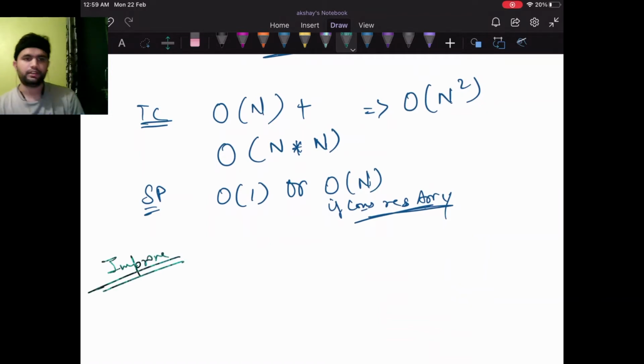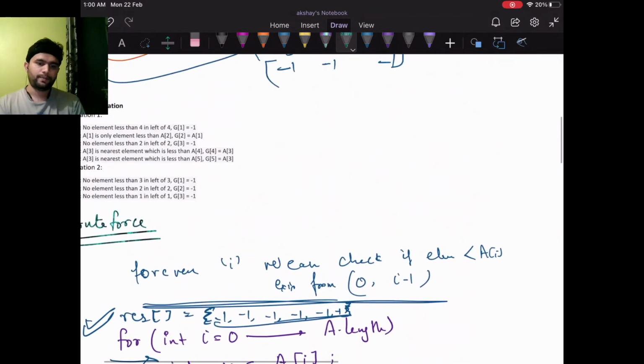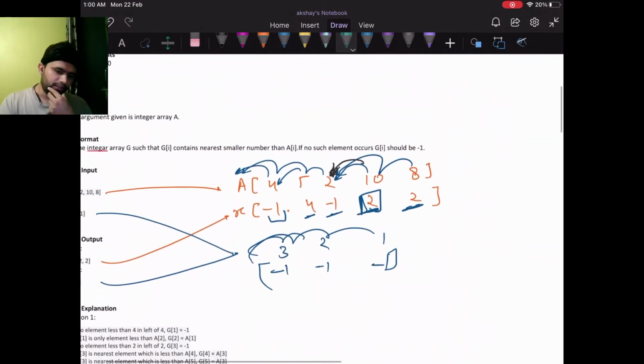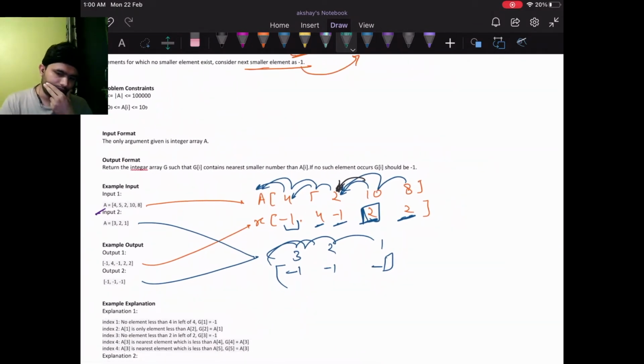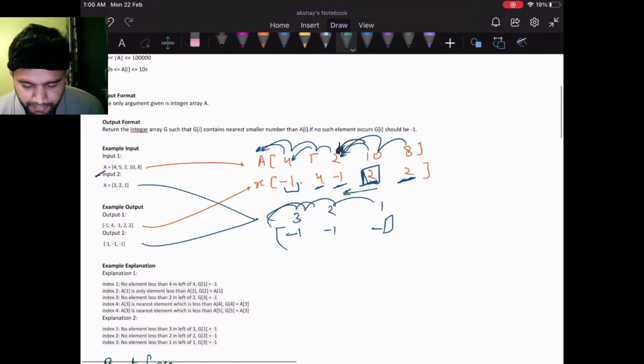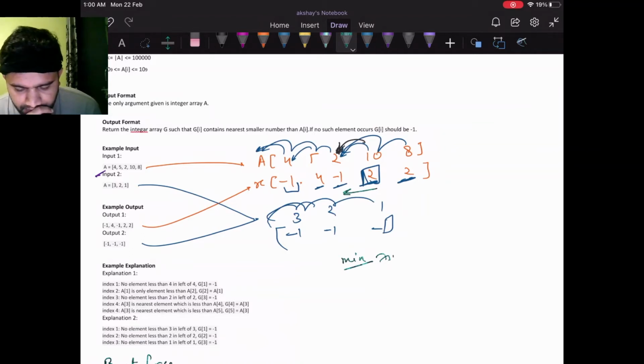Let's think about some improvement we can do here. Okay, so the one thing is clear, that we are only concerned about the immediate smaller element. So for the immediate smaller element, if we use a single variable, like if we maintain a minimum variable and then append whenever a minimum variable is located, that will result in wrong answer.